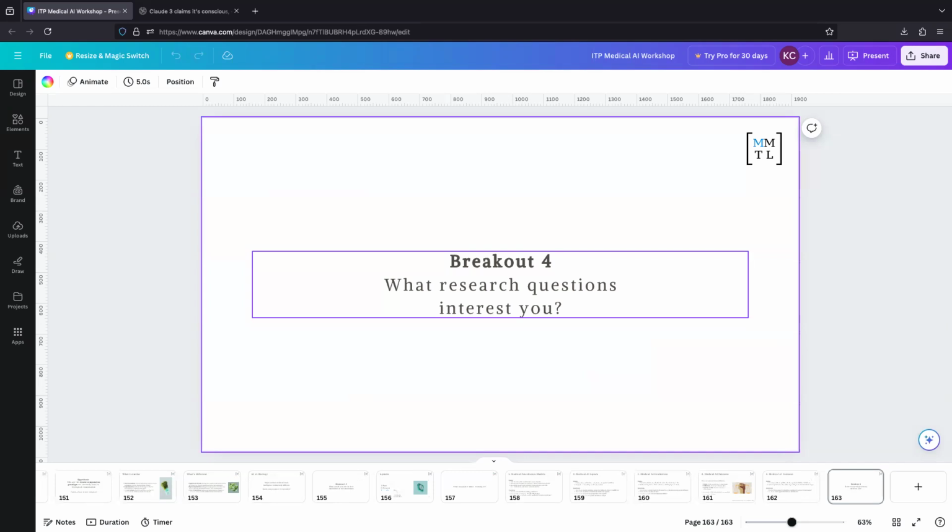But think over the break, right? Over the break, what research questions interest you? Okay, what sort of stuff now? This is actually as state of the art as you can get for AI, and some of this is from the last few weeks. Okay, so this is the edge of our knowledge, and you need people to help us push over the edge. All right, cool. Thank you very much.